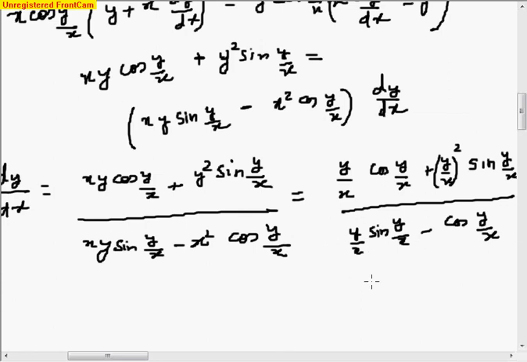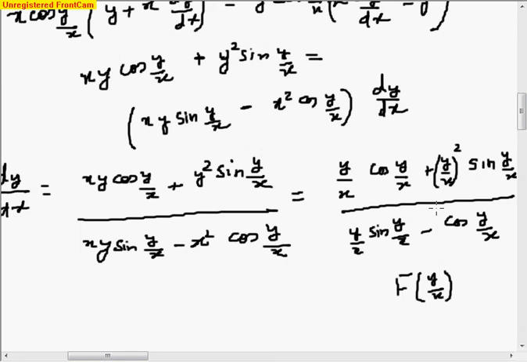You can remember this thing, whenever something is of this form, f of y upon x, that is in the whole function only this term y upon x is appearing, then that is definitely a homogeneous function of degree 0. Because if in this function I replace my x with lambda x and y with lambda y, the lambda will get cancelled and I will get a homogeneous function of degree 0.